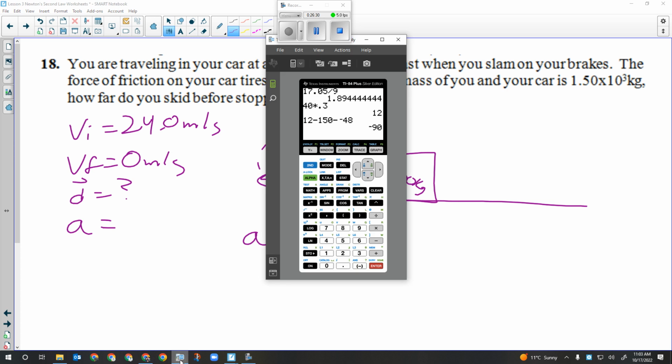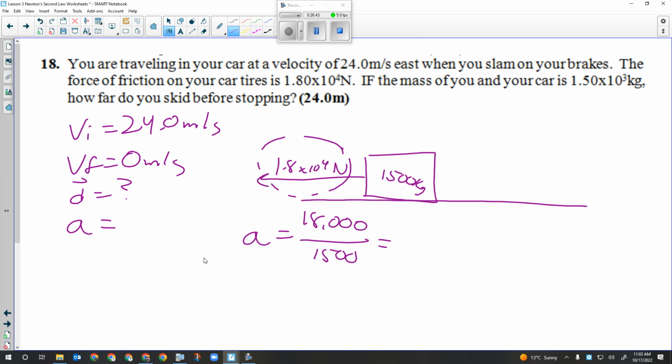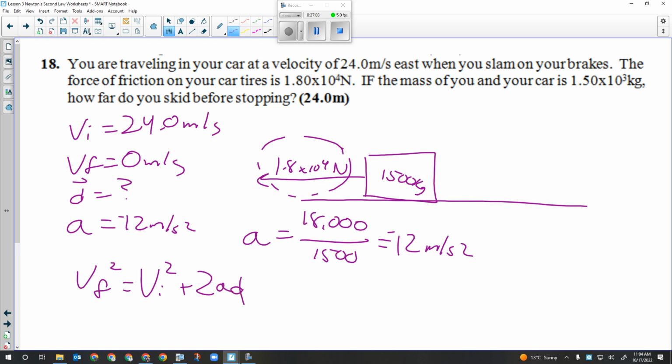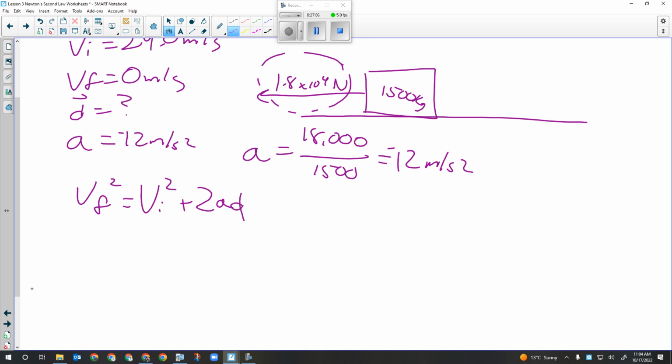Okay? So does this kind of go back to our unit 1 almost? Yep, and we said that was going to happen quite a bit in this unit because we're dealing with accelerating objects, so we're going to be going back to those acceleration formulas all the time. All right, so the acceleration experienced here is 12 meters per second squared backwards. Right, now I've got that. Well, now I can calculate D. Okay, so if I plug that in, manipulate for D,